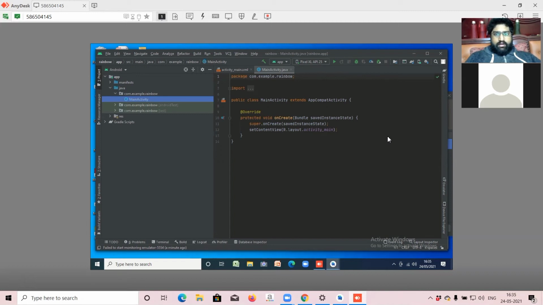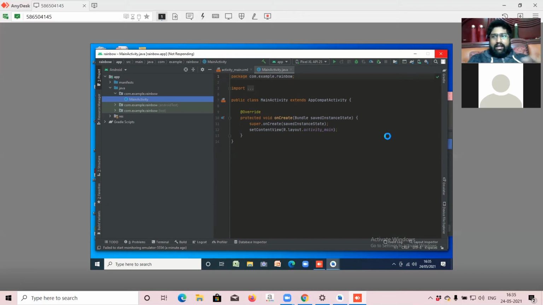Let's check whether the mobile is connected or not. If it is connected, that's it. We are done for the day. 1.5 hours is totally exhausting, right? No issues. From tomorrow, the classes will be 1 hour. It's getting delayed because it's a really large installation process, right? That is the reason we are extending by half an hour.